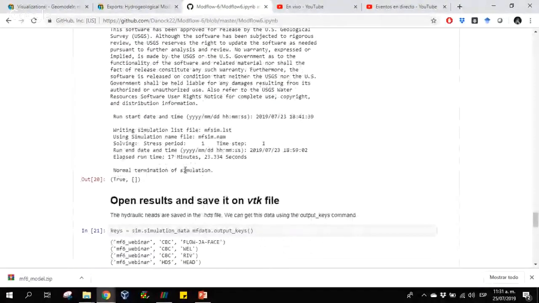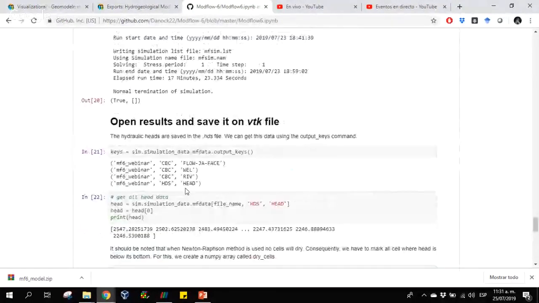Okay, so now we are going to load the result, the heads of the cells, and we are going to save it or write it on our VTK file. To do this,